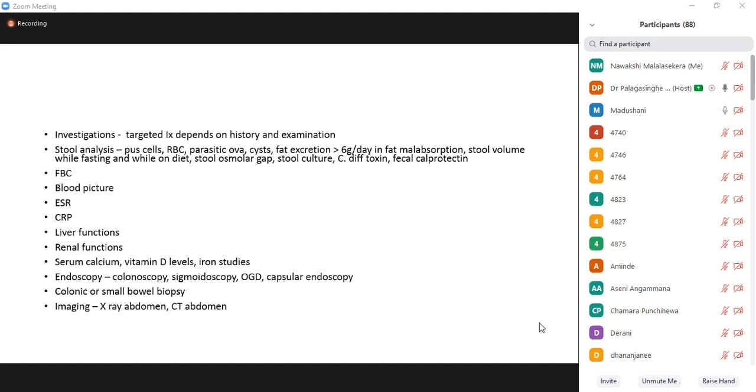You can calculate the stool osmolar gap. If the stool osmolar gap is less than 50, that makes osmotic diarrhea unlikely. If the stool osmolar gap is more than 125,